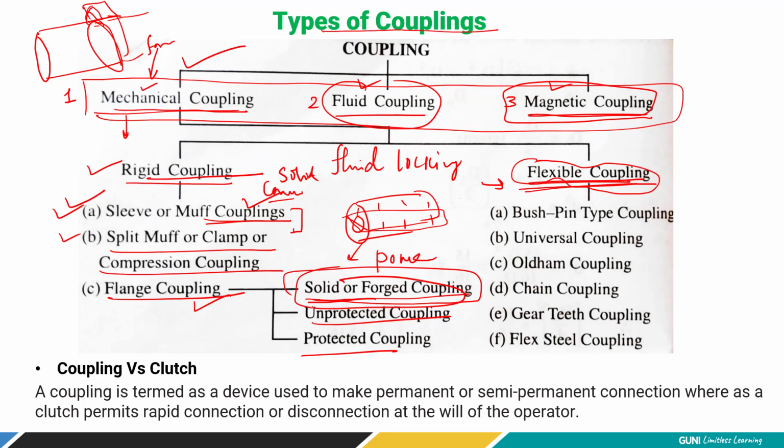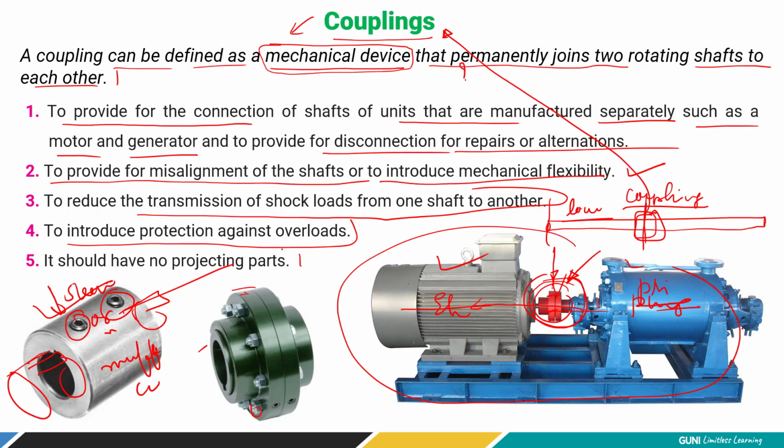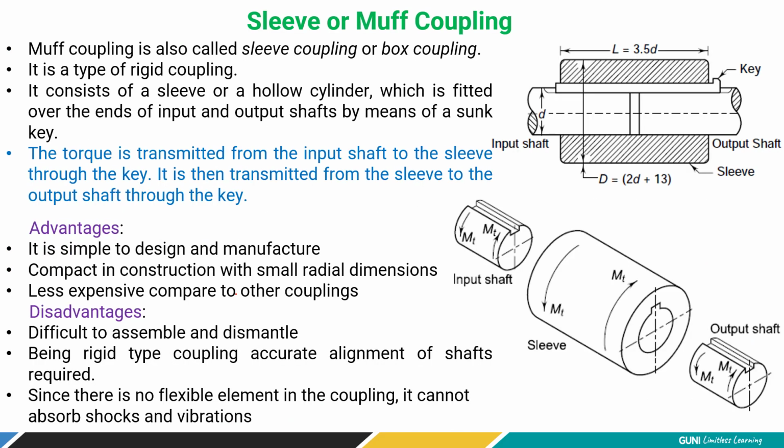Now in case of unprotected and protected coupling, here this figure is a case of unprotected flange coupling. Now protection means if you extend this part, what happens during the rotation, if this nut bolt loosens out due to centrifugal force, it simply flies away, right? And it may result in hitting the employee who is moving around it, right? So to prevent this, some projected part is given. Let me show you in the figure.